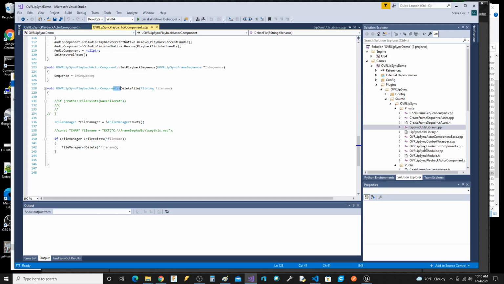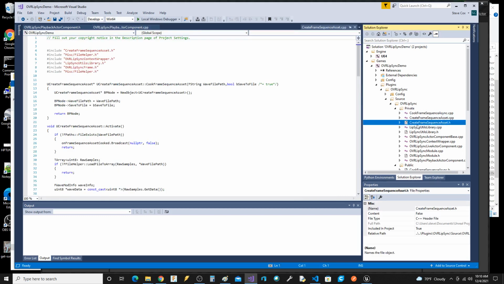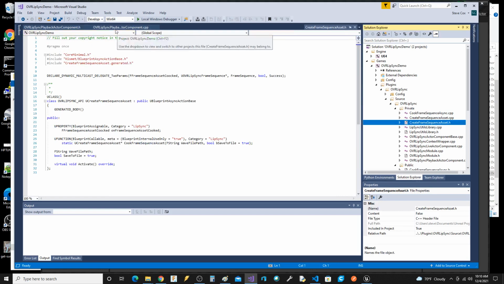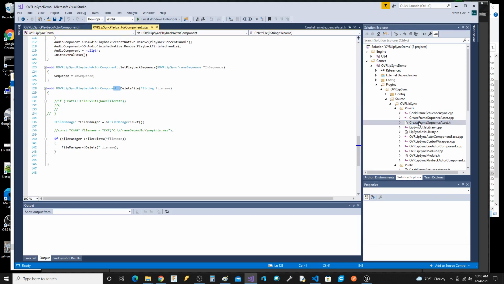I'm pretty sure. Need to double check that. That's new code, and that's where you could actually put the code. So I could probably take it out of this component and put it someplace else.